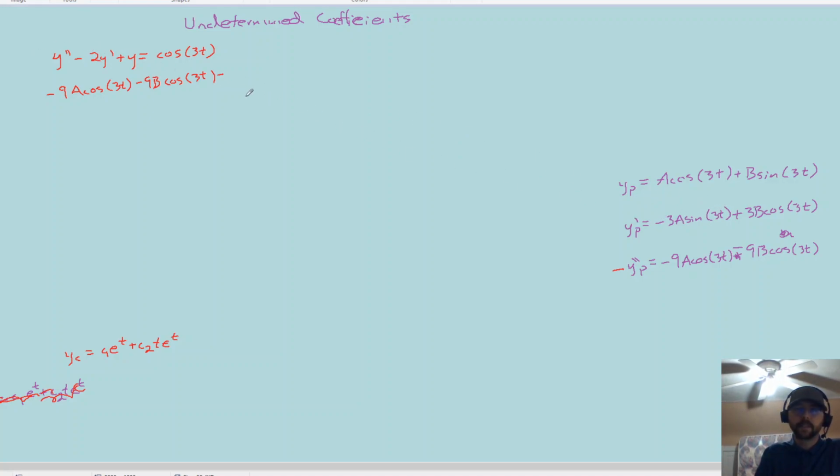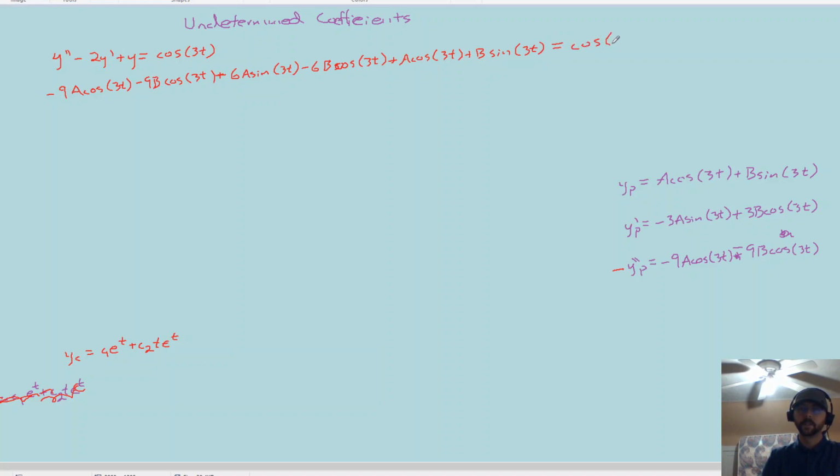So we'll have plus 6a sine of 3t minus 6b cosine of 3t plus a cosine 3t plus b sine of 3t, and then equals